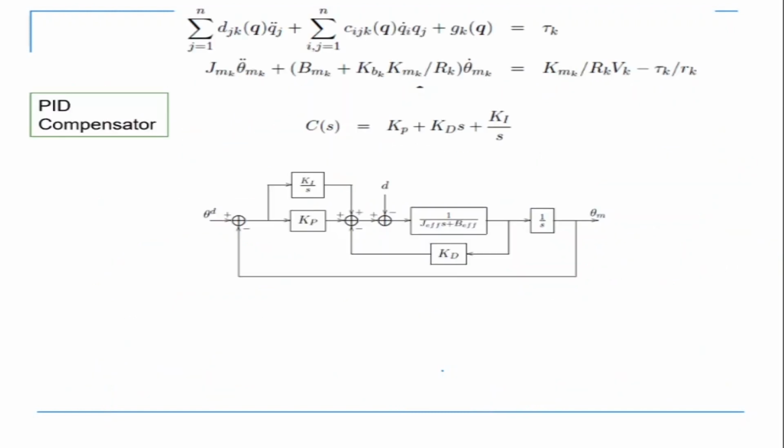Now, if you want to make it 0, then you have to use a PID controller. That means with PD, you add the I, the integral component. Now, what does the integral component do? It basically integrates the error. Integrates the error means what? Numerical integration means you add the error. So if you're adding the error, it basically means that your control input is increasing. So if I'm saying PID, this is proportional, derivative, this is integral. Now, if it's an integral controller, what is it doing? It is adding errors.